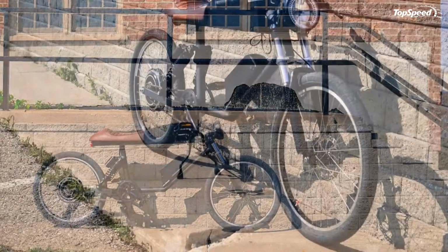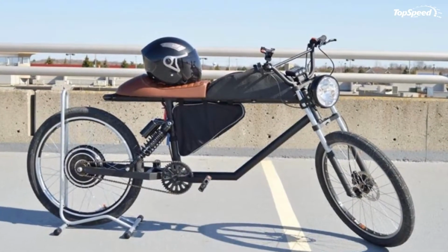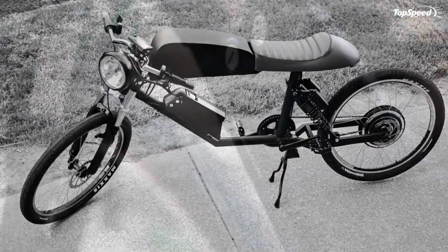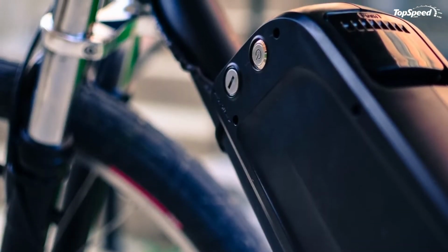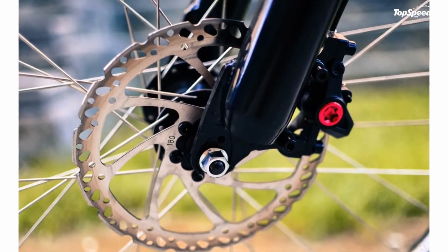Drivetrain. A 1000-watt 3-phase, direct current hub motor drives the CR-T1, and can be used alone or in conjunction with pedal power. The lithium-ion battery from Samsung delivers up to 12 amp-hours of power, and a 48-volt, 30-amp controller meters power